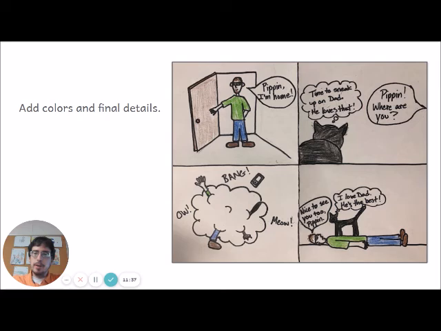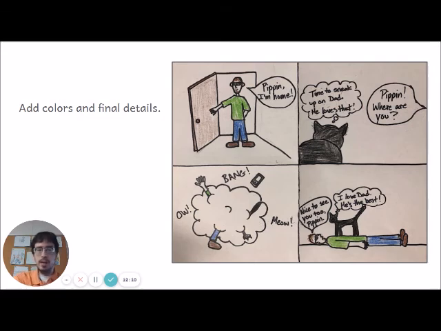Then you're going to make sure you're adding your colors and your final details. This will also be when you go in one more time with your eraser. Try to erase out any marks from behind. You can see where Pippin's thinking in the second one. I cleaned it up some. There's still a little bit of eraser I needed to do there. But you'll add your colors. I used colored pencils because I knew I could get in small details. But again, y'all can use whatever you have. This is where you're getting it to a final stopping place.